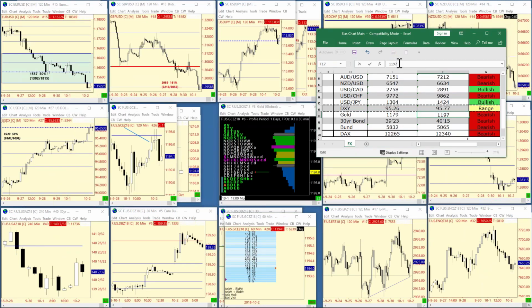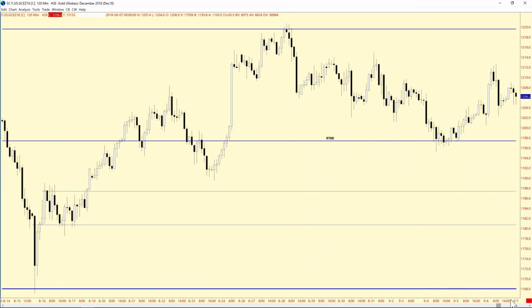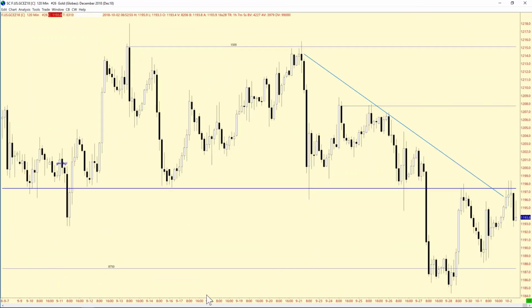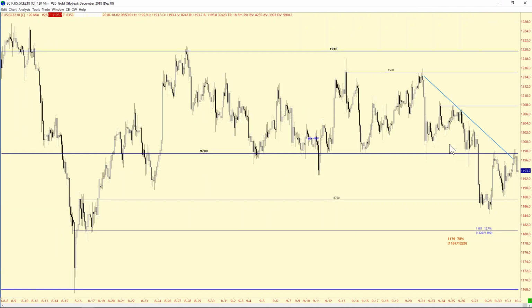Now, in order for this market to turn bullish, I don't think anybody is going to trust this market unless we get a daily close above 1219. It's just not going to happen. Even if we were to come up to 1208, we would need a 2-hour close above 1208 just to stop the bleeding, but that doesn't turn it bullish, because you've already seen here, we rallied up in here, failed, rally, failed, rally, failed. No, this market needs a 2-hour close and a daily close above 1219 to turn it bullish. Nothing short of that is bullish.